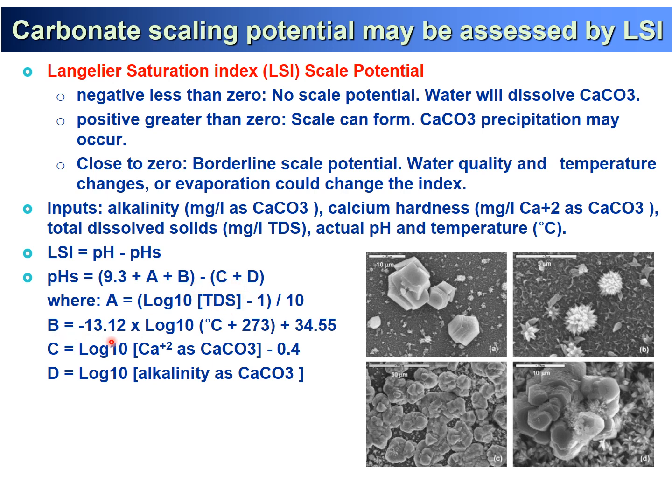B value is your temperature function. C value is calcium concentration. T value is the alkalinity concentration. So based on this ABCD and function of temperature, TDS, calcium, alkalinity, you can predict your inorganic scaling, such as this kind of scaling